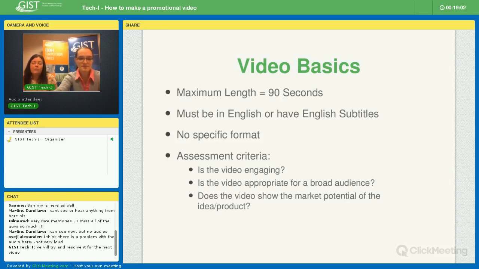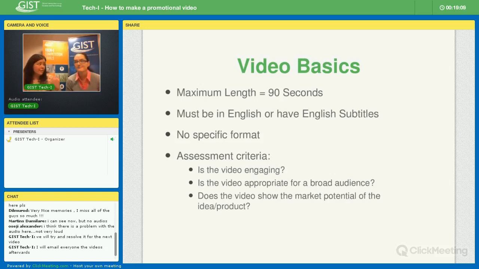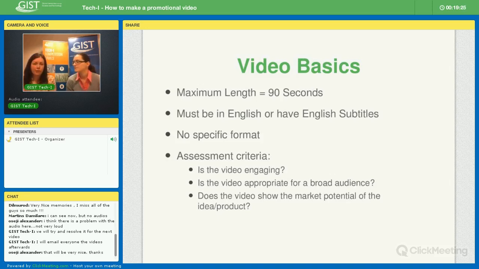Now, what is your video going to be judged on? This is really important for everyone to pay attention to, because we're telling you up front what we're telling our reviewers to look for. So there are no surprises here. We want to understand if your video is engaging, meaning does it interact with the audience? When you're watching the promotional video, are you being drawn in? Do you have questions that need to be answered? Is it reaching out to your audience and your potential customers? That's what we mean when we say, is it engaging?